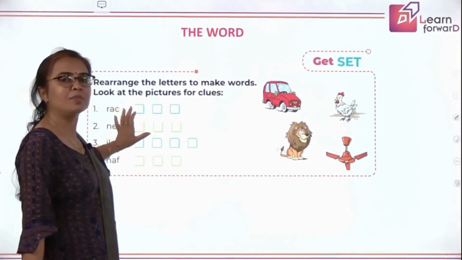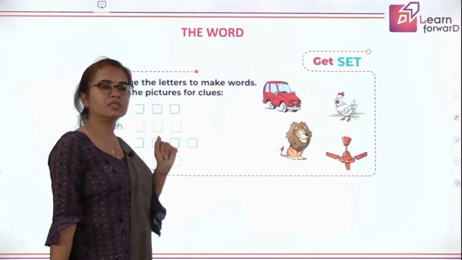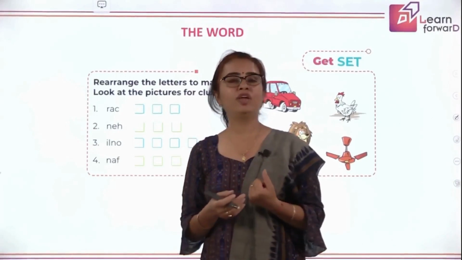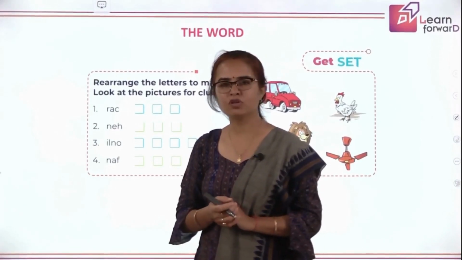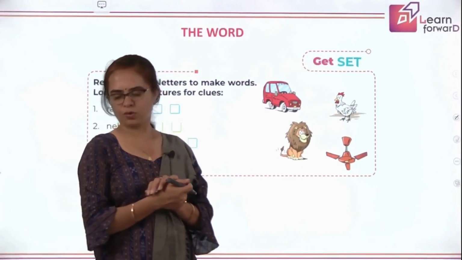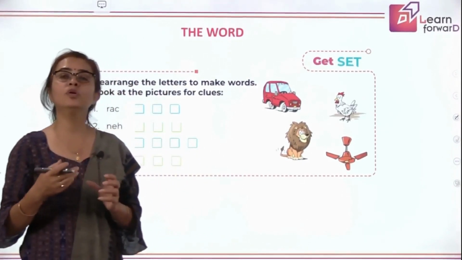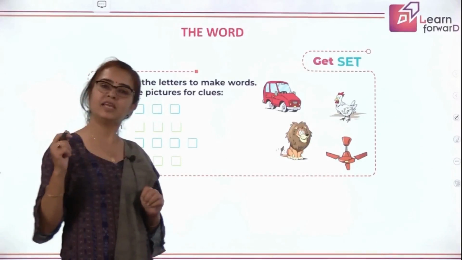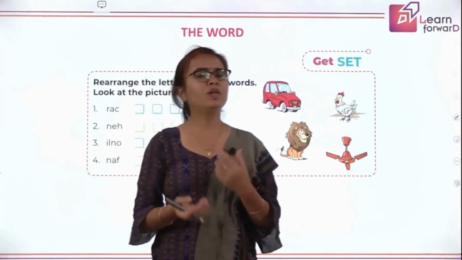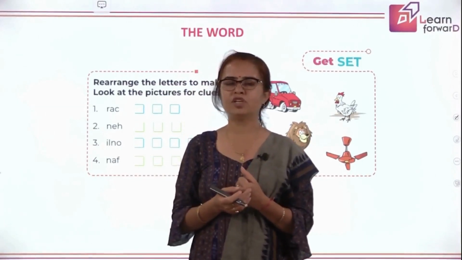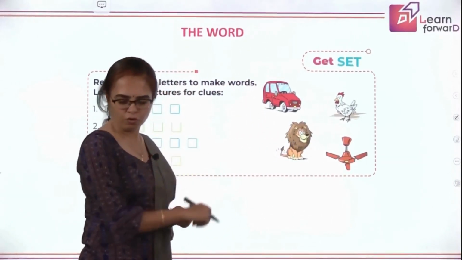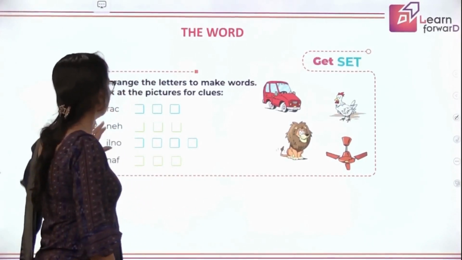Here are some letters. What are words? When you arrange letters in a way that you get a meaning out of it, that is called a word, right? So here we have some groups of letters. Why am I saying groups of letters? Because they are not making any meaning. So we'll just rearrange them, we'll shuffle them and arrange them in a way that you get a meaningful word out of them. So the first one is